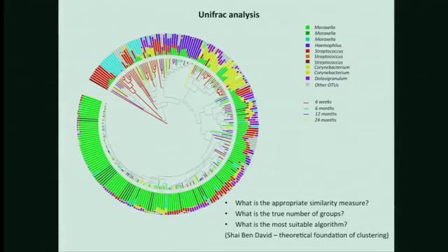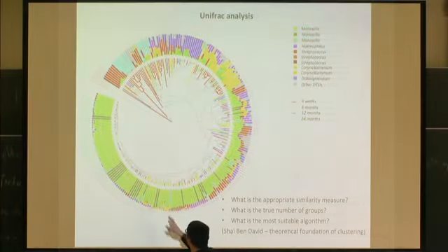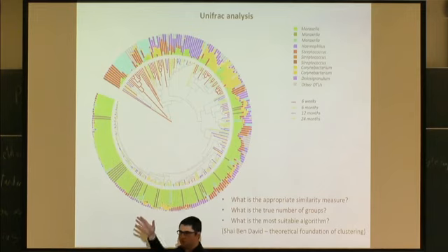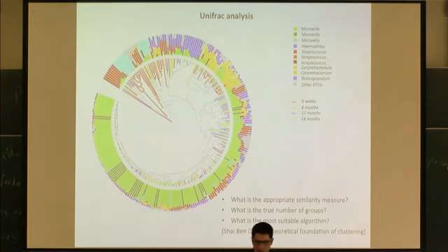Yes, these are individuals. Every symbol is an individual, and it's a microbial profile dominated by some particular marker. So what is the tree on the inside? It seems to be connecting the individuals somehow. It's just a hierarchical clustering tree. Nothing more, it's just a visualization. So it's a clustering not on species, it's a clustering on the individuals.